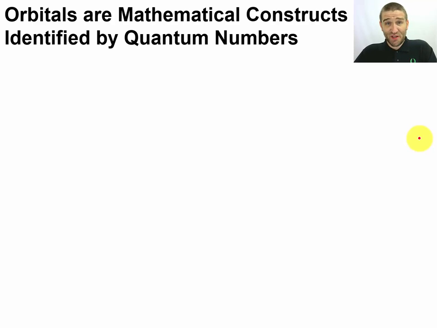Now the title of this video is a mouthful, but here's what I really want you to walk away understanding. When we describe where we think the electron's likely to be, we're going to use some nasty, very complicated equations to do it. Now, rather than deal with equations that look like this,